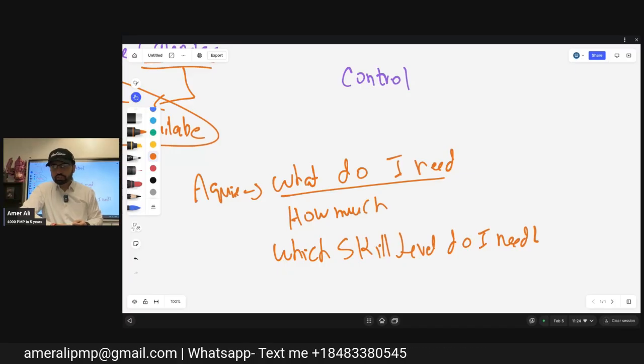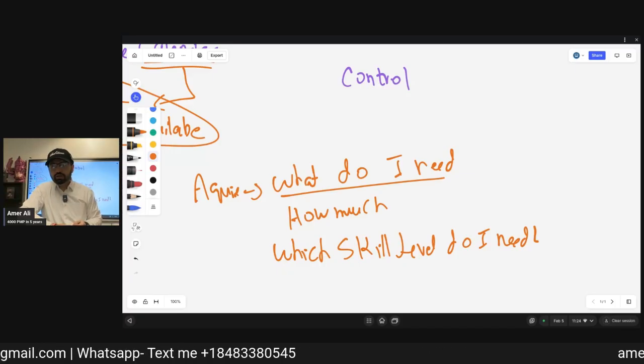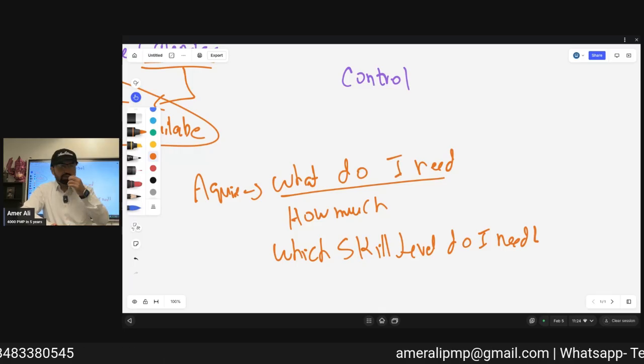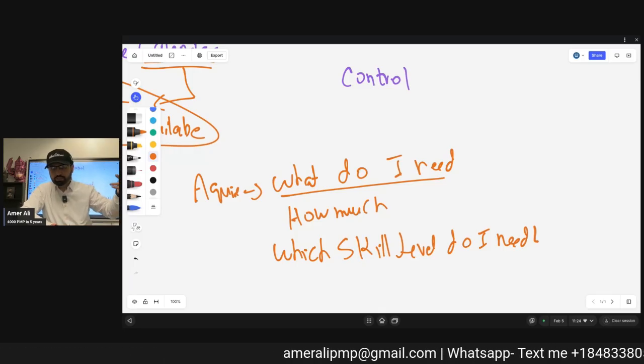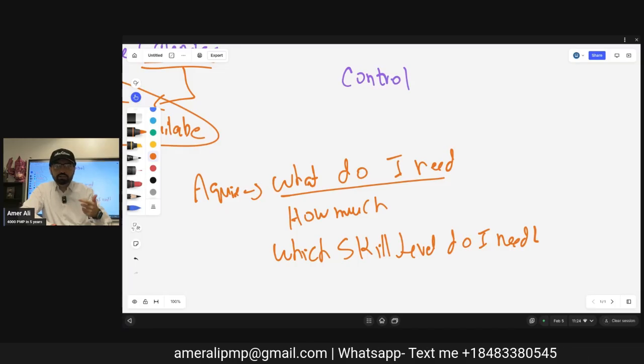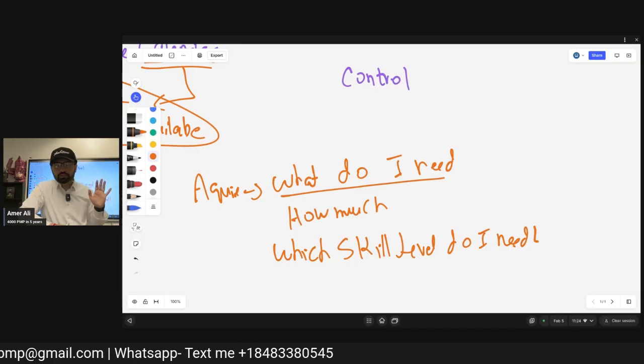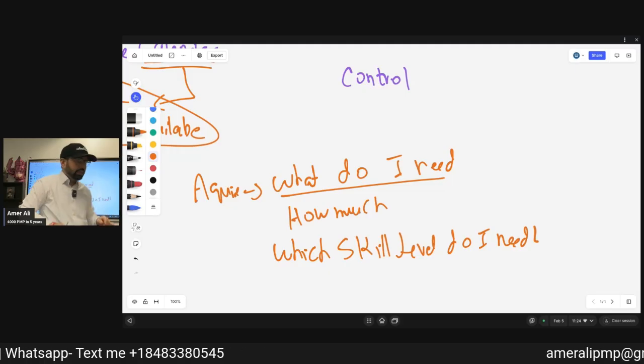Yes, of course. The resource calendar will have all four resources: manpower, machinery, money, material. So it will have when the crane will be available, when the human resources become available. All those things will be there.